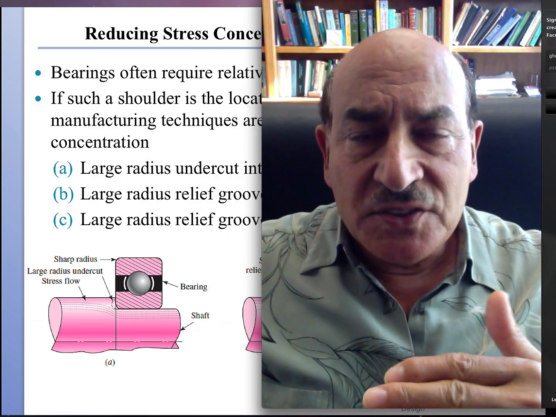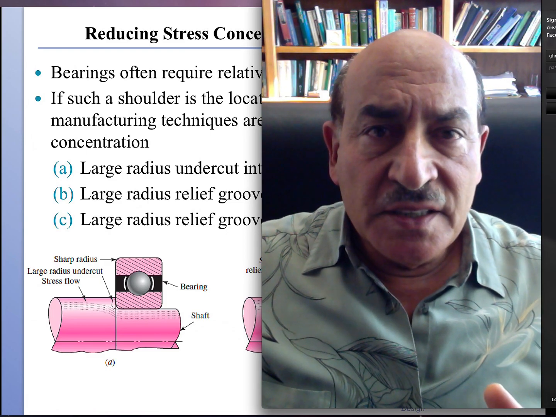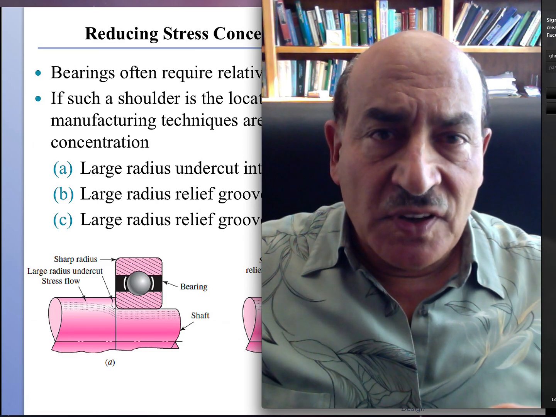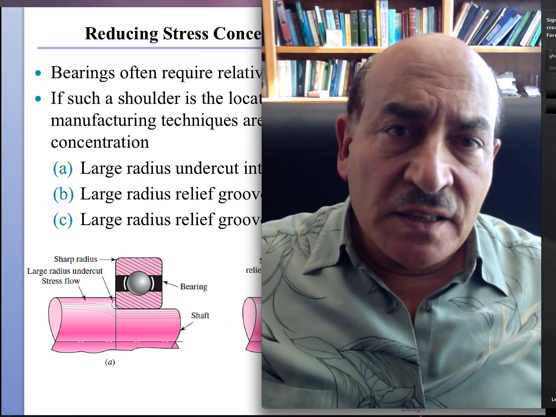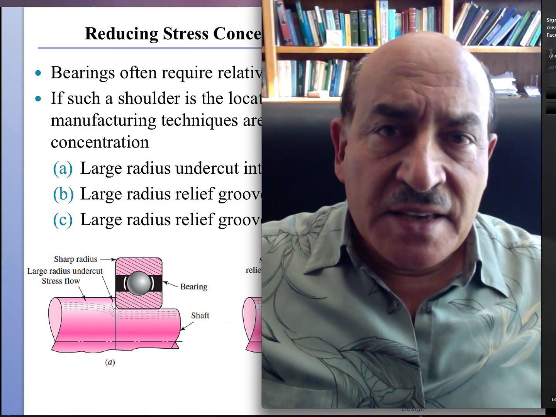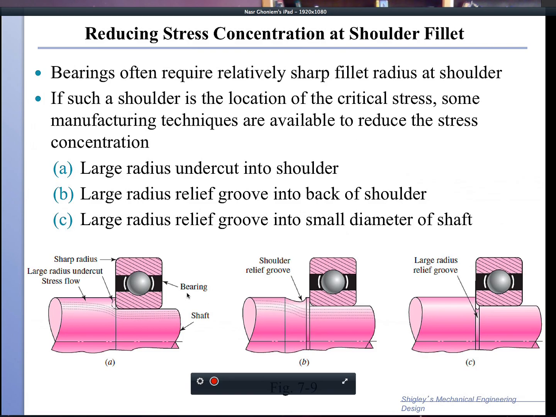We could gradually change the diameter by introducing a fillet, depending on the philosophy of the design. The idea is to approximately follow the force flow lines as they expand from the small diameter to the large diameter. You see here that in this case we have a sharp radius for the ball bearings, and then we can accommodate this expansion of the force lines by a large radius undercut on the large